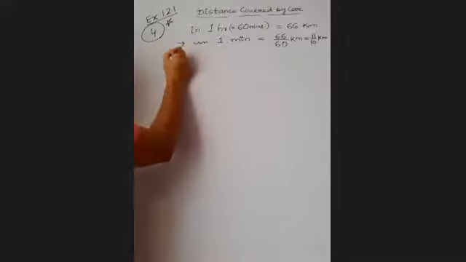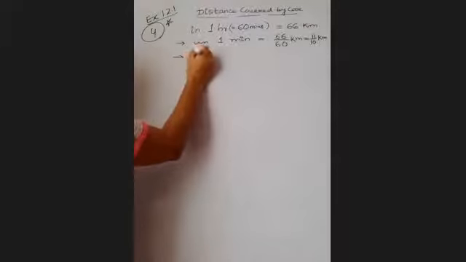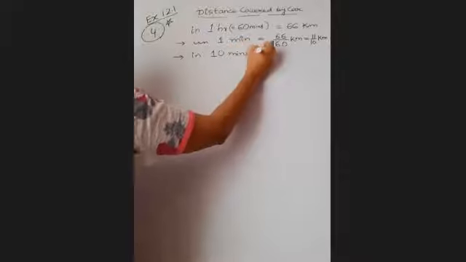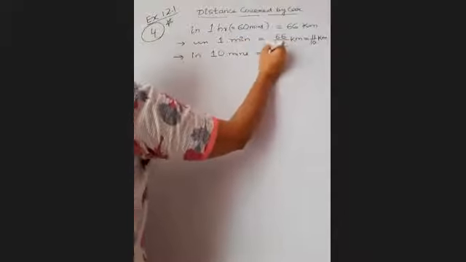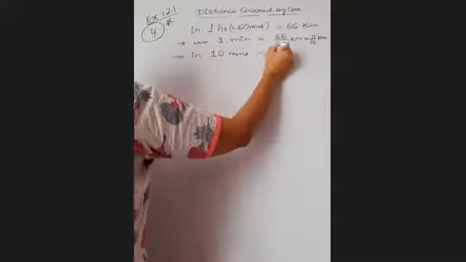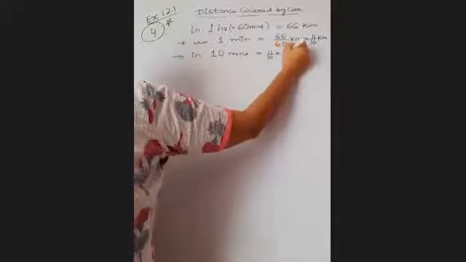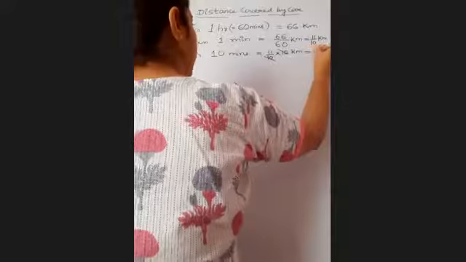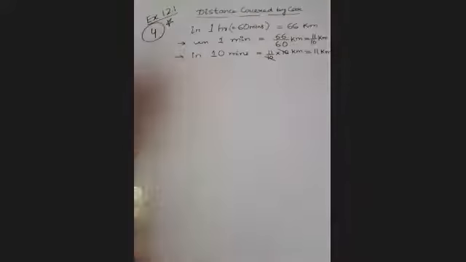I am bothered about 10 minutes. So, the distance covered by the car in 10 minutes is equal to 11 by 10 multiplied by 10, which is 11 kilometers. So now we have got to know one thing, that the car has to cover a total of 11 kilometers, okay?